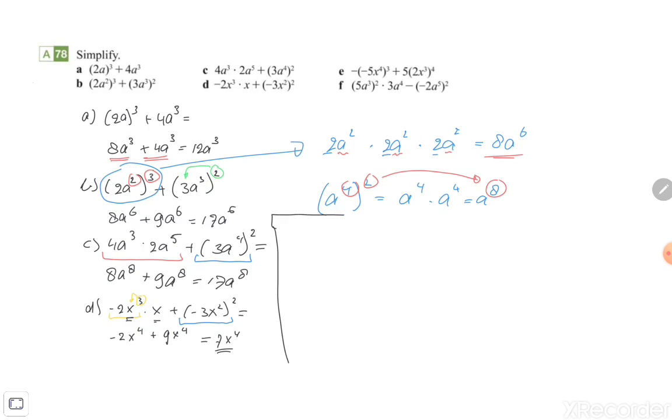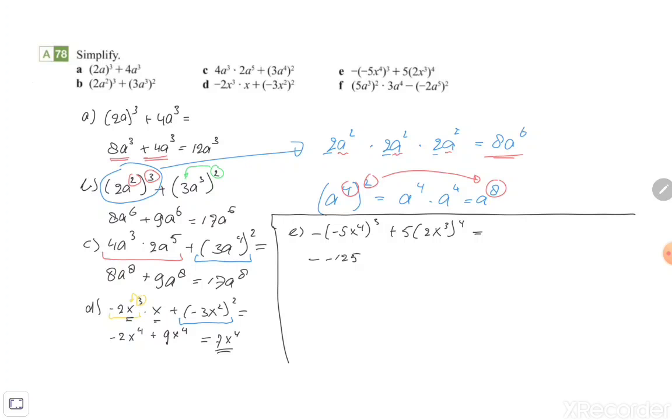Then exercise E. Minus, in front of brackets, and then minus 5 times x to the power of 4, all to the power of 3, and then plus 5 times, inside the bracket, 2x to the power of 3, all to the power of 4. Alright, first we're going to write down, of course, this minus. And then minus 5 to the power of 3 is minus 5 times minus 5 times minus 5 is minus